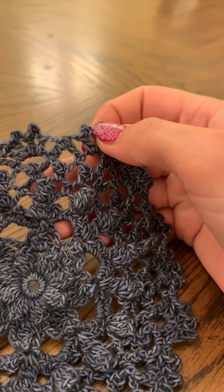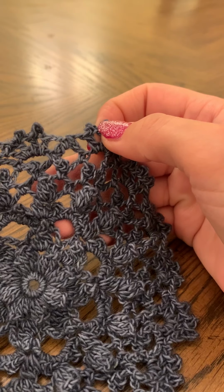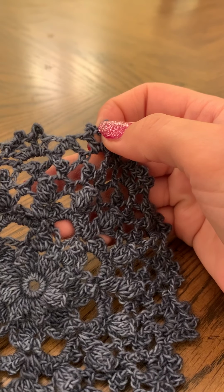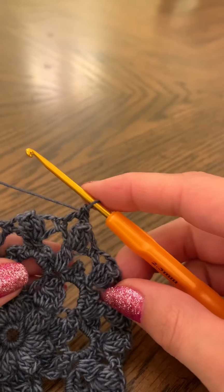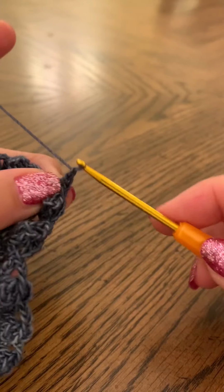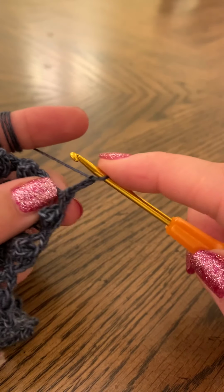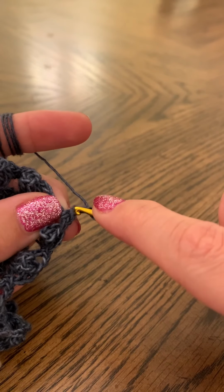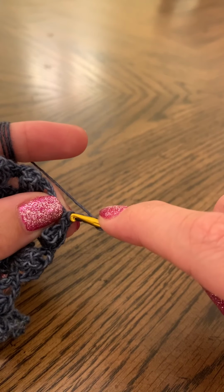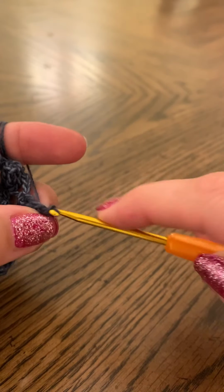So for the next row we need to make chain 5 spaces followed by a picot out of chain 3. Okay, so let's work a picot right now. Picot out of chain 3. This time we're not gonna slip stitch into the third chain from hook, but into the single crochet. We're gonna slip stitch here into the single crochet like this,